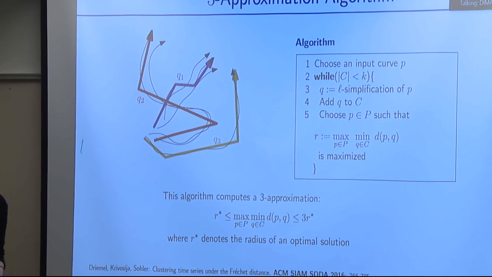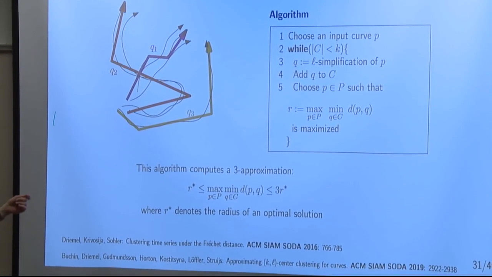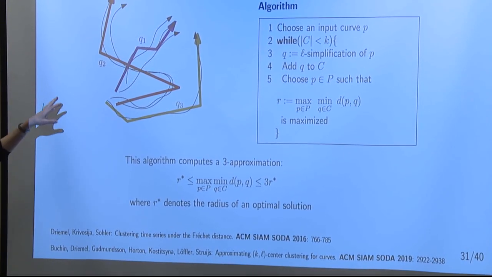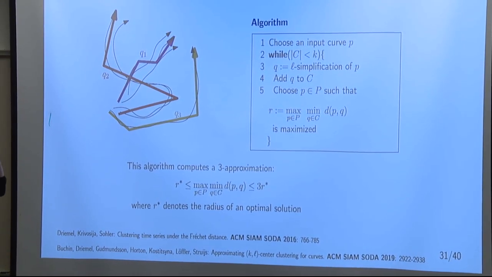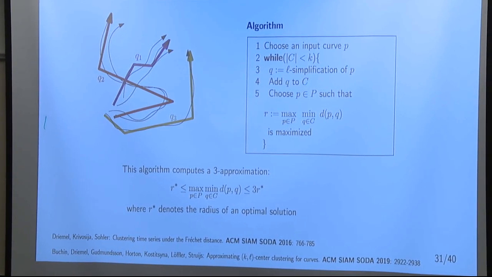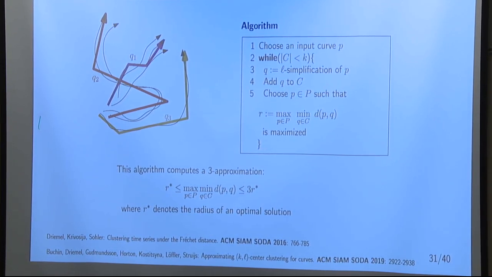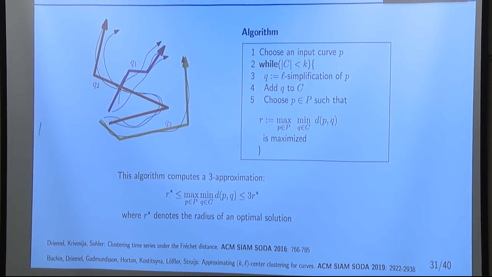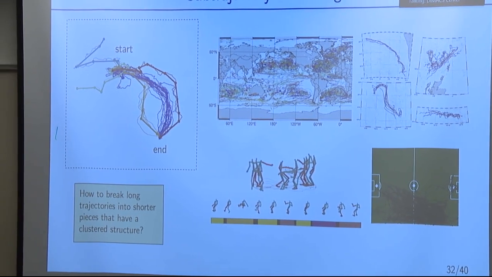There are, of course, many other questions. In this paper here, we also look at a 1 plus epsilon approximation by first looking at a constant factor approximation and then using grids and using signatures to find candidates to get a better approximation factor. But these algorithms were exponential in k and l. Okay. And I'm not going to focus on this because what I want to talk about is the sub-trajectory clustering